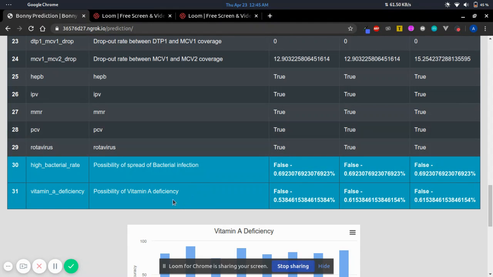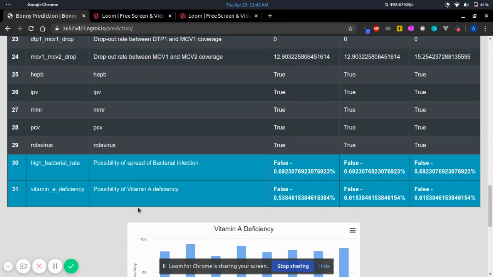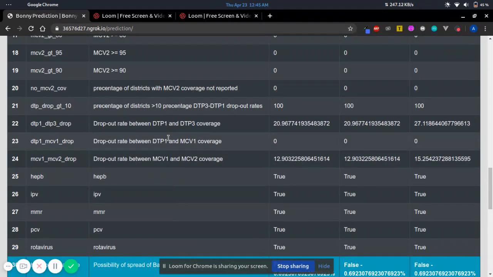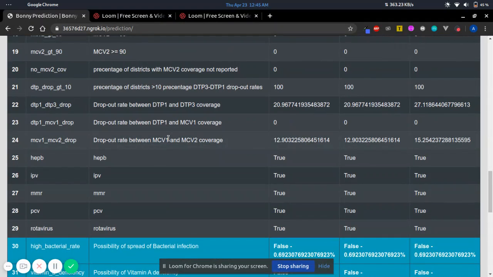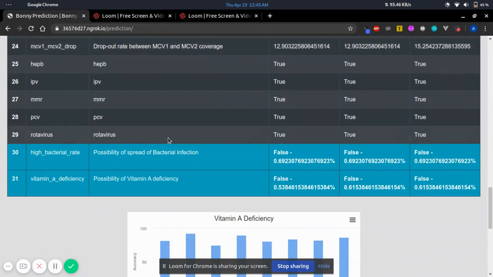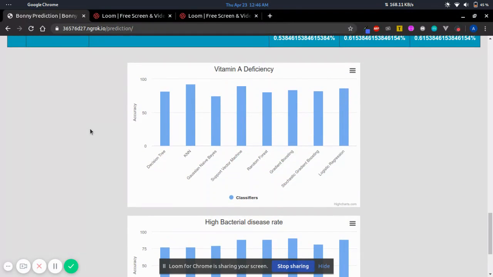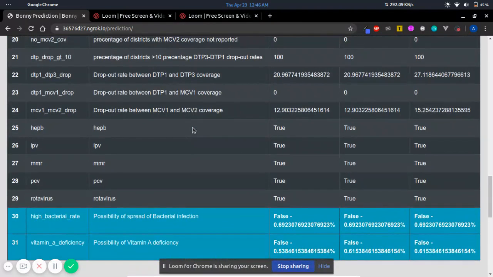Also, we tried to determine vitamin A deficiency because, based on the data, we saw there were chances of vitamin deficiency due to the dropout rates caused by the lack of vaccination. And so here we have visualized the accuracies of the models, and yes, that concludes.